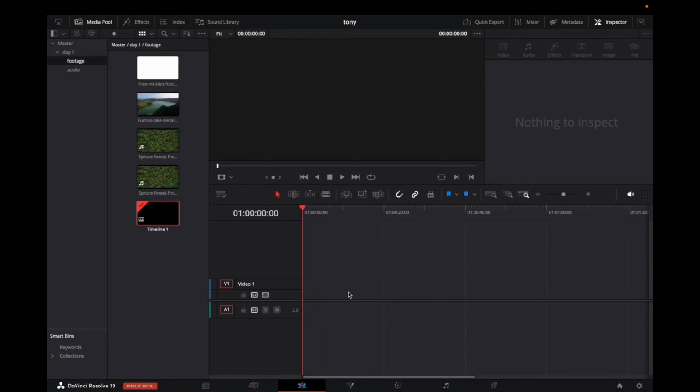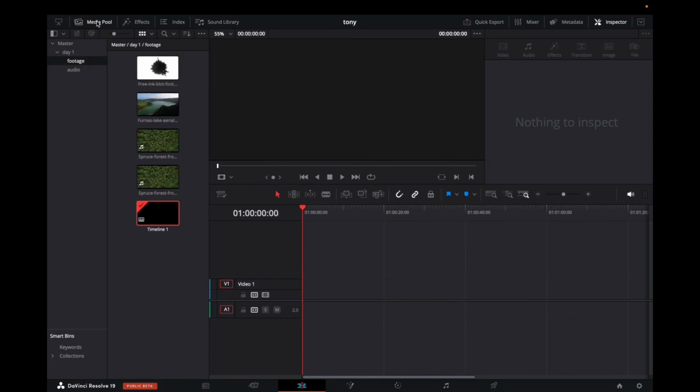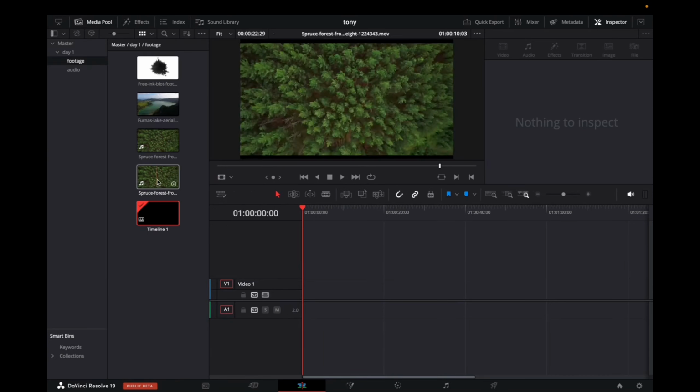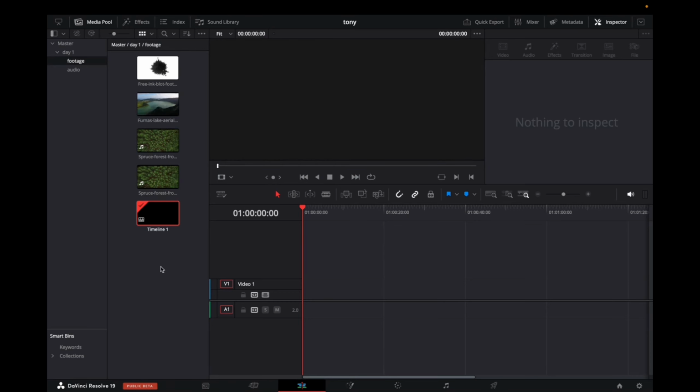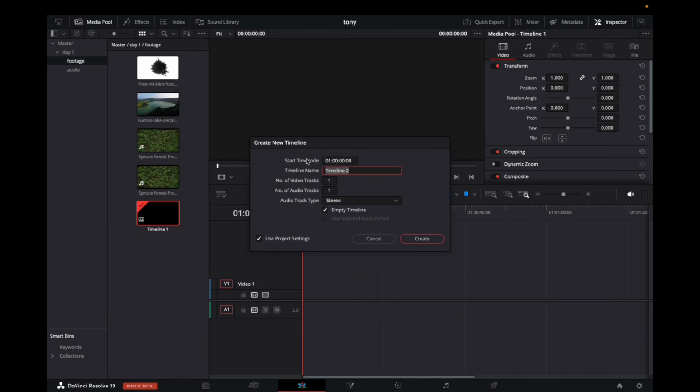Today I'm going to quickly show you guys how to size videos for YouTube on DaVinci Resolve 19. So it's very simple. What you're going to do is go to the master control folder right over here where you have all of your information. Right here, all you have to do is select Media Pool, and then all of your videos in the master folder will pop up. So you want to find an empty space, right click, Timeline, create new timeline, and now